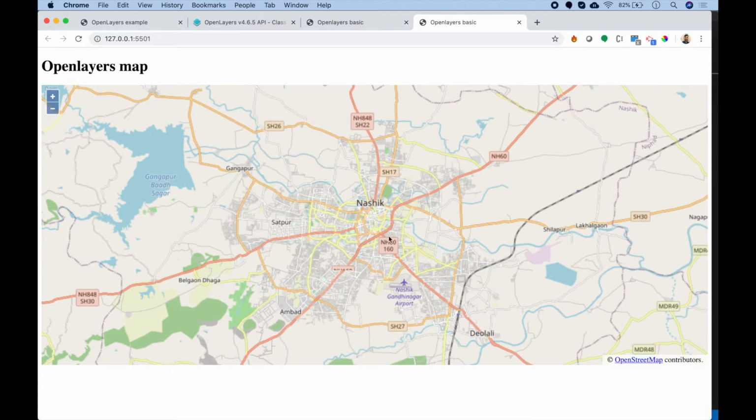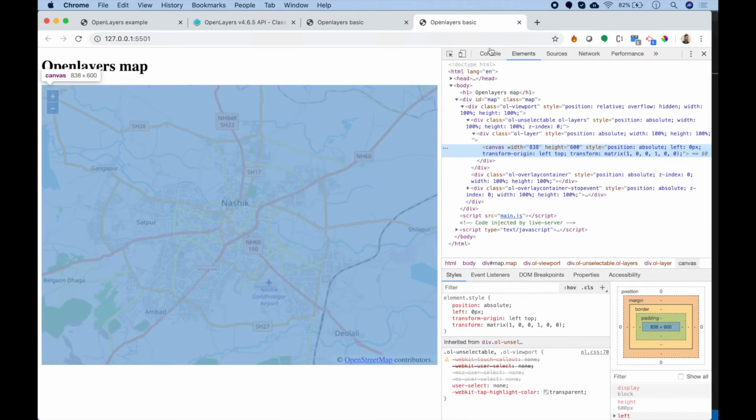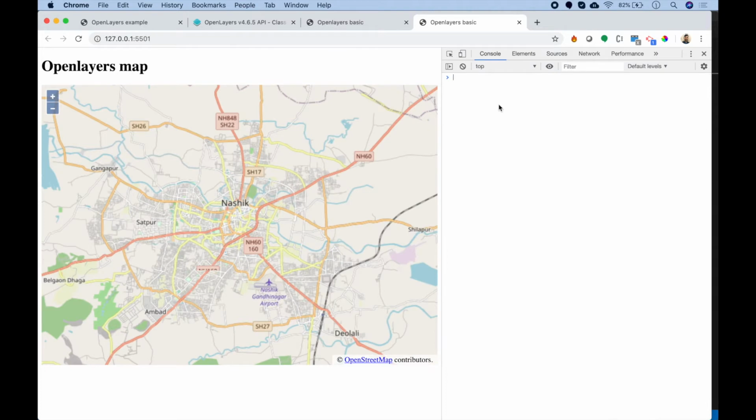So in order to get information about current zoom levels or current extent of the map or current center of the map or information such as what is the projection of the map and everything, we can do it in inspect. So if I go inside inspect and console, I can use the variable name map to access all information about my map.